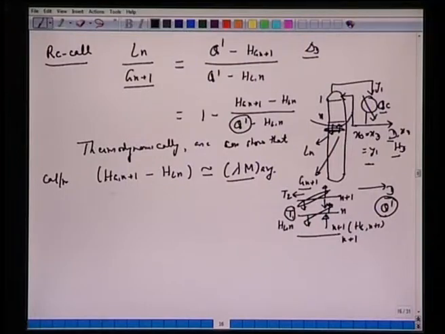As a consequence, the difference between the specific molar enthalpy of the two streams, one arriving here and one leaving here, is approximately, and can be shown thermodynamically to be, equivalent to the latent heat of vaporization multiplied by the average molecular weight. So although the molecular weight changes, why? Because the species mole fraction changes along the column, but the product of this lambda and M approximately remains constant. Why does this happen?